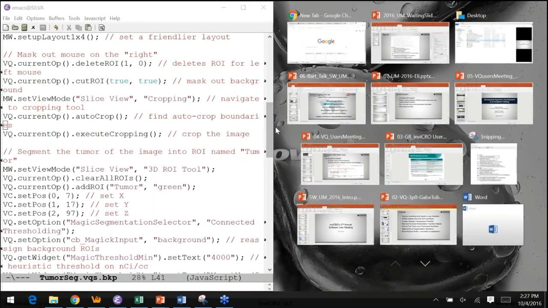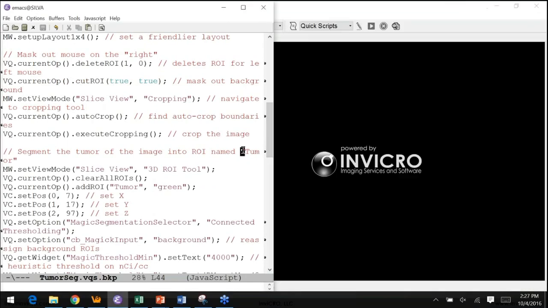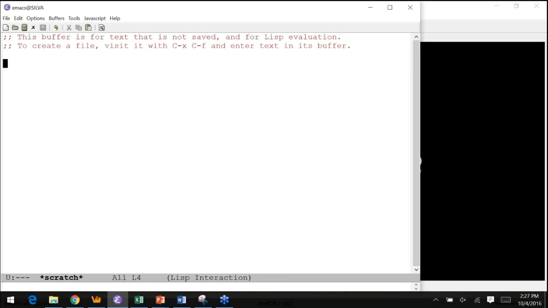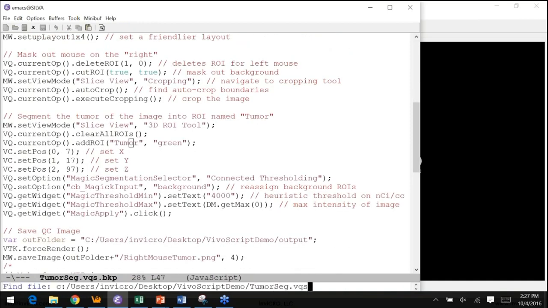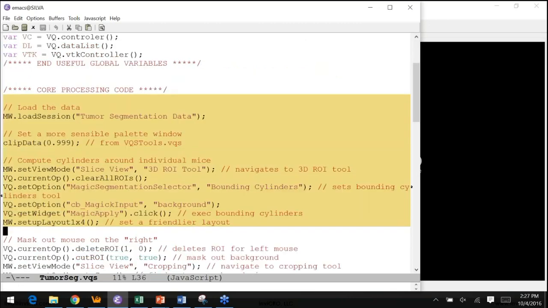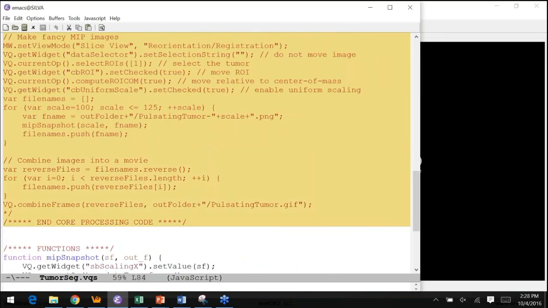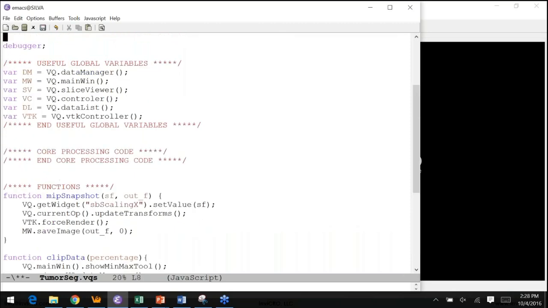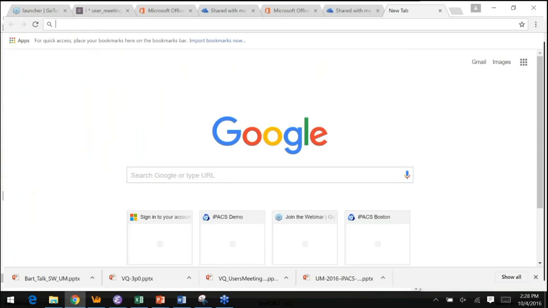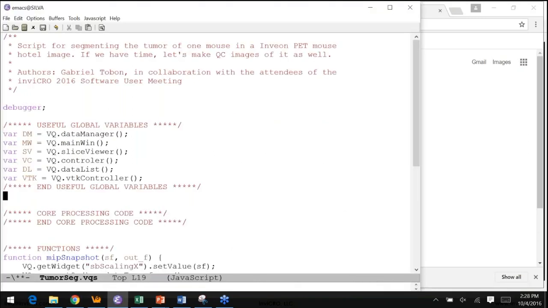So I'm going to have a backup script here in case things go badly. But I'm going to have basically VivoQuant open on one side. Get rid of all this code. And I'm going to start by, similar to last year, I won't go into as much detail this time of what some